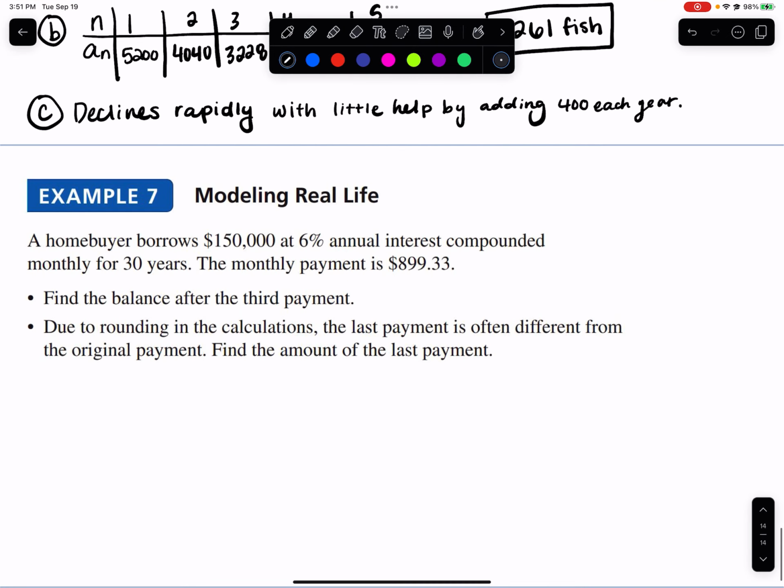All right, example 7, modeling real life. A home buyer borrows $150,000 at 6% annual interest, compounded monthly for 30 years. The monthly payment is $899.33. Find the balance after the 3rd payment. All right, so this is my initial $150,000. 6% annual interest. So